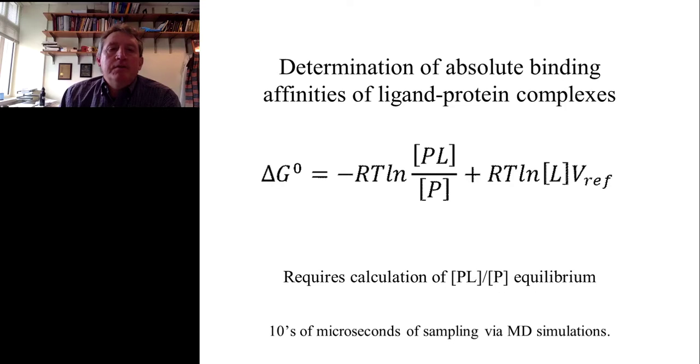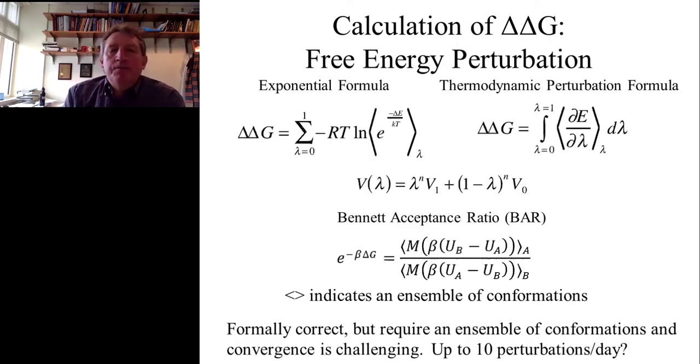Now, one of the ways that we can get around this is determining the change in the binding free energy, or delta delta G. And we can do that in what we call free energy perturbation, where we're actually perturbing the structure of the molecule from lead compound 1, say adding a methyl group or an acidic group to make compound 2, and then we calculate the free energy difference associated with that chemical perturbation. So instead of calculating the absolute binding affinity, we calculate the free energy difference, and this calculation is much faster. However, it's still relatively slow, allowing the calculation of maybe 10 perturbations per day on a typical computer cluster